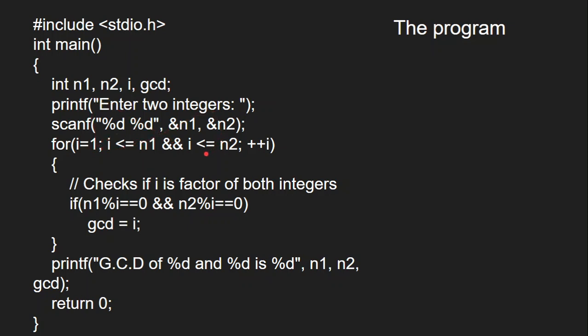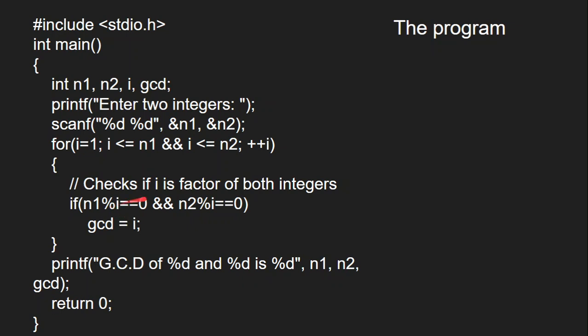Suppose we are taking the GCD of 3 and 4. It will check for i less than or equal to 3 and i less than or equal to 4, so it will check the AND condition. If both are true, that is a common divisor, and that is the greatest common divisor. When a number is a divisor, it is not leaving any remainder, meaning that after the modulo operator, the value should be 0. This is the basic logic for checking whether the number is a proper divisor or not.